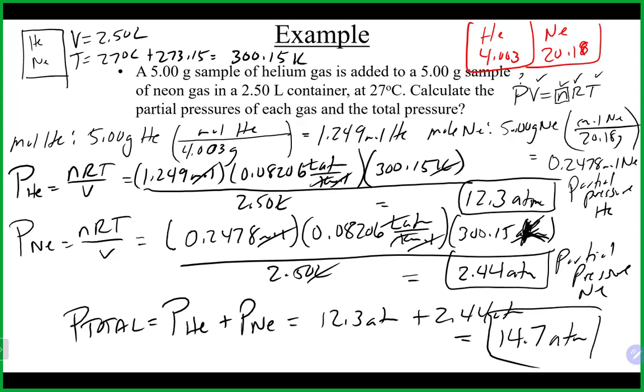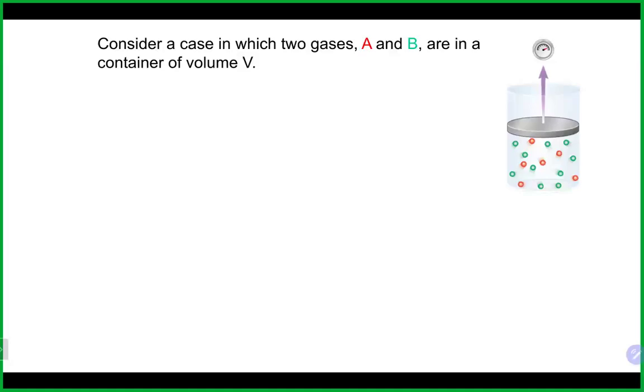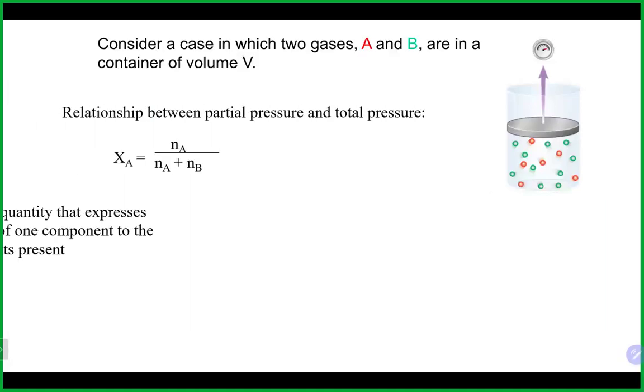Any questions on any part of that there? So I would say this is a super common way to get partial pressures. It really is just an ideal gas law, just done for each gas individually. And again, you get some numbers that are used for everybody, like the volume and the temperature. Any questions on any part of that there? All right.